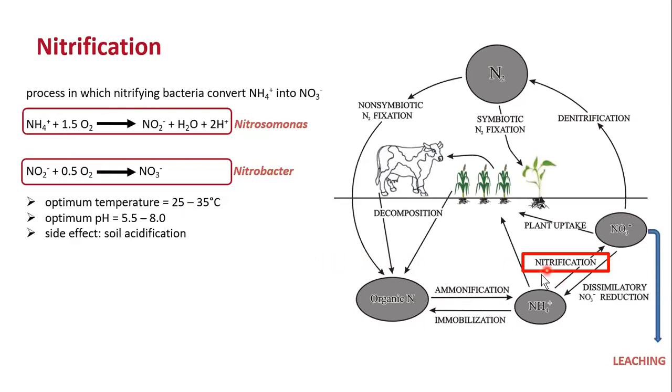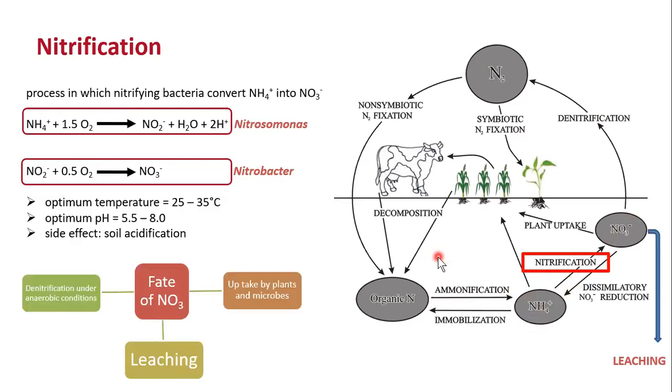And then here you can also see the ammonium is converted into the nitrate. Now, what is the fate of nitrate here? So nitrate can be taken up by the plants and microbes as ammonium. That can be leached out because it has a negative charge. It cannot make complex with the soil particles. So if you have nitrate in the soil and you have plenty of water, that nitrate is soluble and can be leached along with water, so that will go out from the root zone and will not be available to the plants.